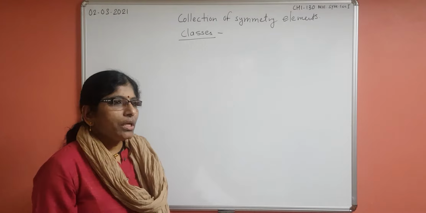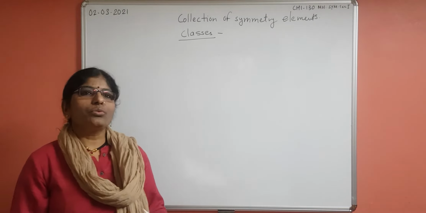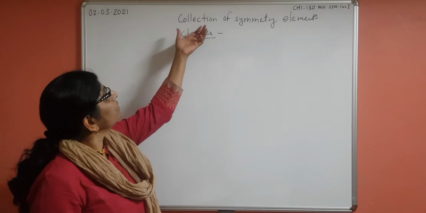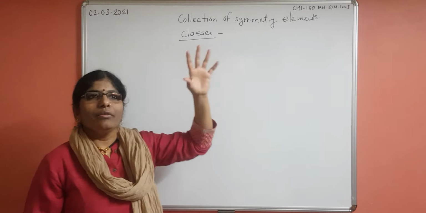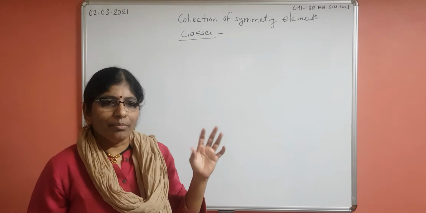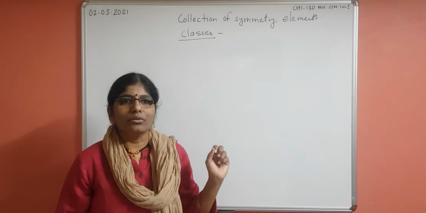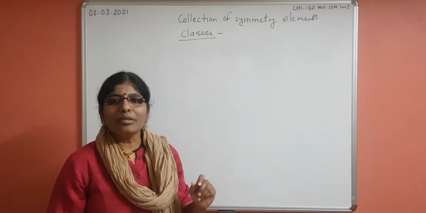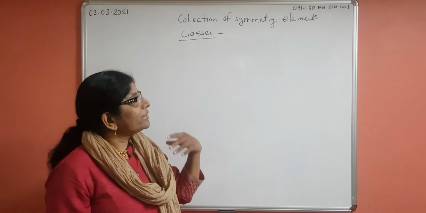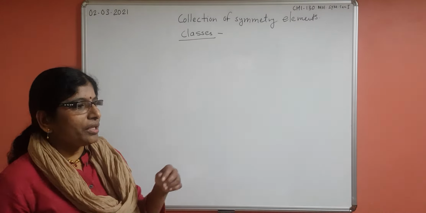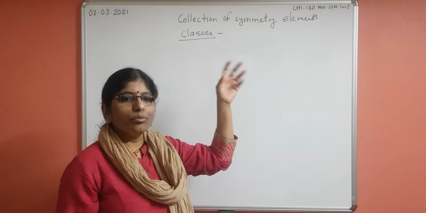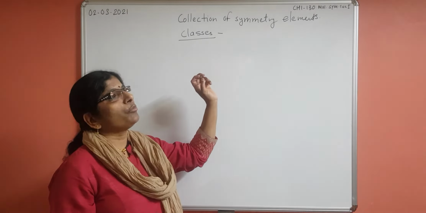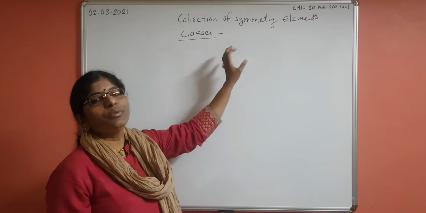Okay, but now all of you must have understood how to confirm that you have done the collection of symmetry elements for one point group. We have done the group multiplication table. That is one idea to confirm the collection of all symmetry elements for one point group. There is one more topic in our syllabus, that is how we are going to divide the number of symmetry operations for a particular point group into groups, subgroups and classes.